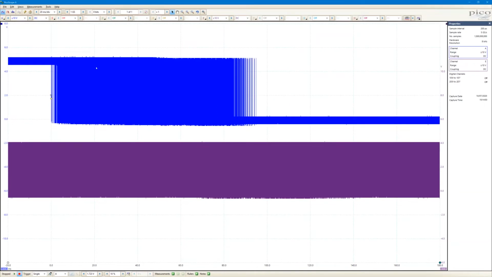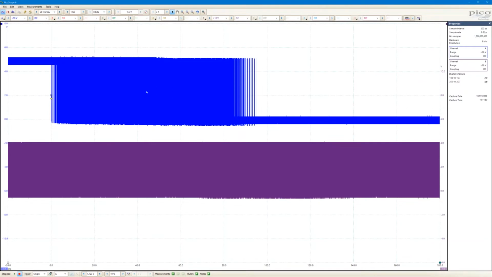And this time what's happened is with that deep capture memory, the gigasample, we've been able to use the full speed of the analog to digital converter. So we've sampled this time at 5 gigasamples per second sampling speed. So the interval between each sampling point now is, instead of 2 microseconds, 200 picoseconds.